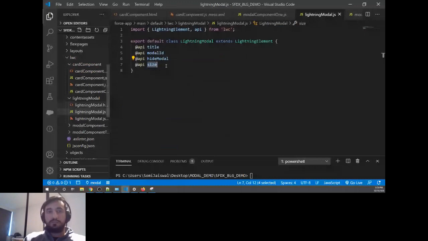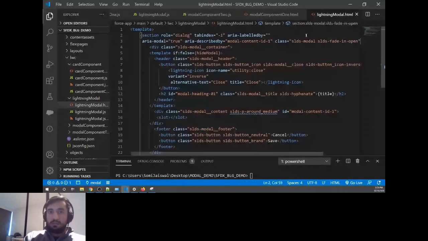So what I'm going to do is with these ARIA attribute IDs, first I'll check where this ID is. So I'll replace this, I'll say modal content ID. And here also, because when you read this code on the screen reader, whatever ID you give here, it should read out the header text. So this ID and the labelled-by ID should be the same. That's why they have given the same here.